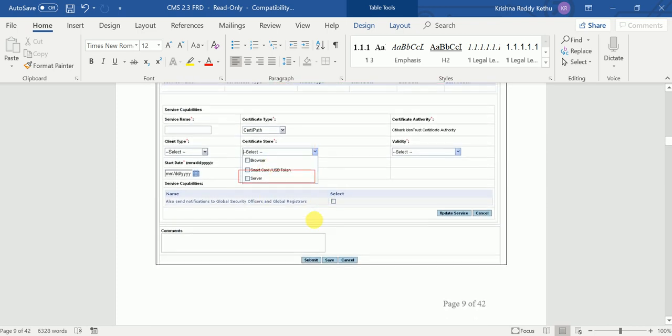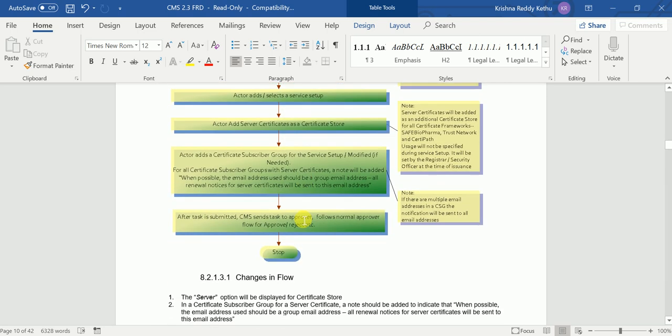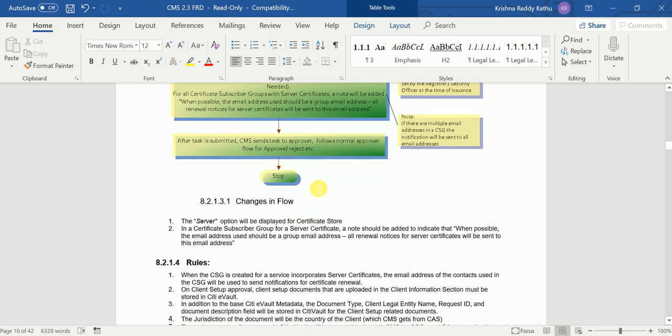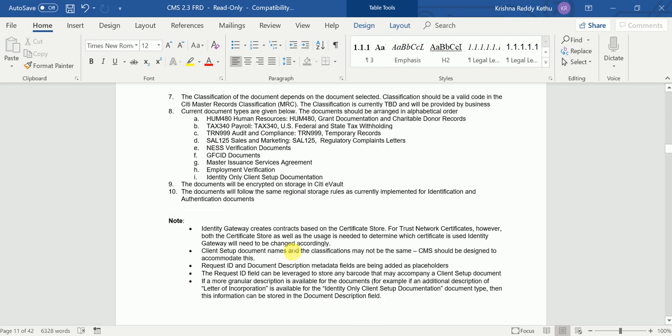Based on these diagrams, flow documents also will be there. Based on these diagrams and flow diagrams, we need to prepare the test scenarios and test cases based on the KT from the BA and the understanding of the testing team. We need to follow it and prepare the test scenarios and test cases. All the requirements are put document-wise like this.